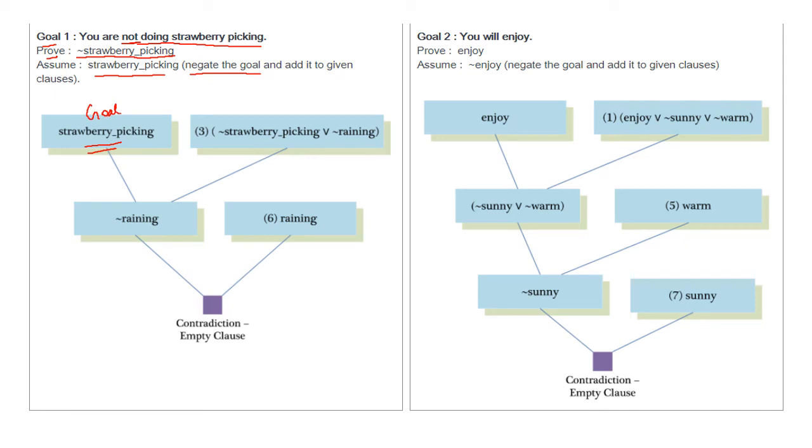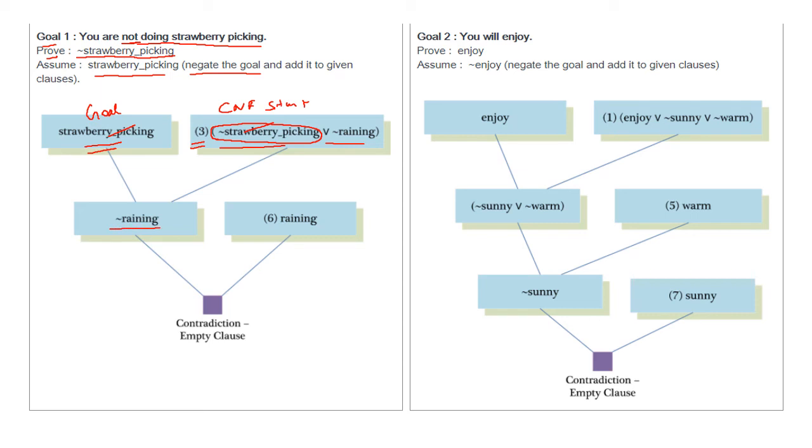And we need to combine this with the CNF statements. CNF given statement 3 is not strawberry picking or not raining. Strawberry picking and not strawberry picking are contradictory terms. So we need to remove these contradictory terms, then we get not raining.